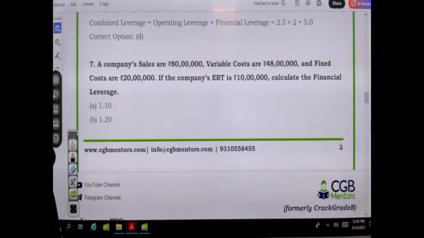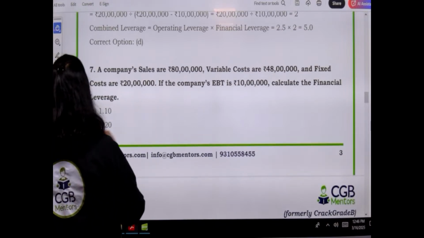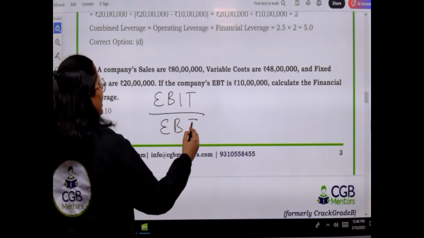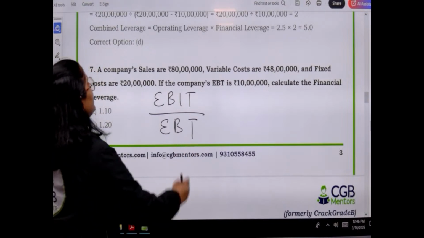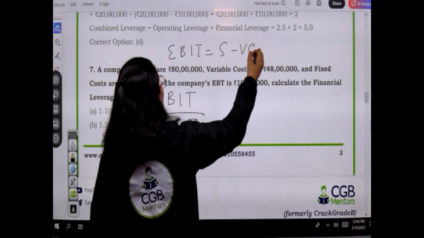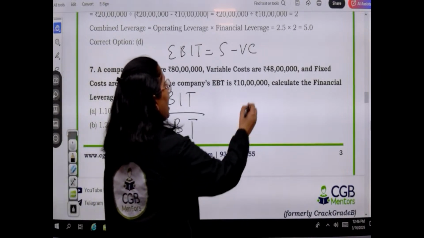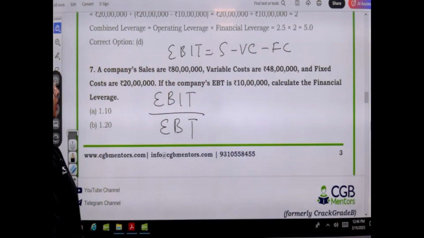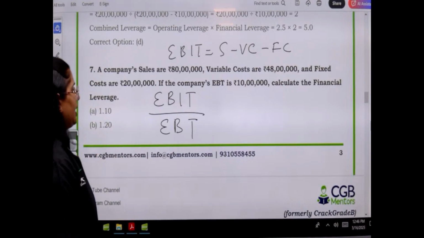Question number 7. A company has sales of 80 lakhs, variable cost 48 lakhs, and fixed cost of 20 lakhs. If the company's EBT is 10 lakhs, how will we calculate financial leverage? Again, what is the formula? The financial leverage formula is EBIT upon EBT. Can I calculate EBIT here? Yes. Sales less variable cost will give me contribution. Out of this, less fixed cost will give me EBIT. Now, if they have already given me the EBT of 10 lakhs, so clearly,